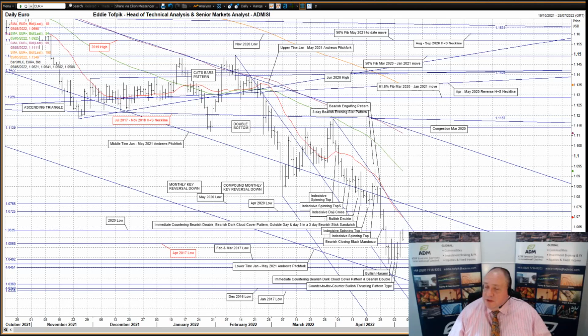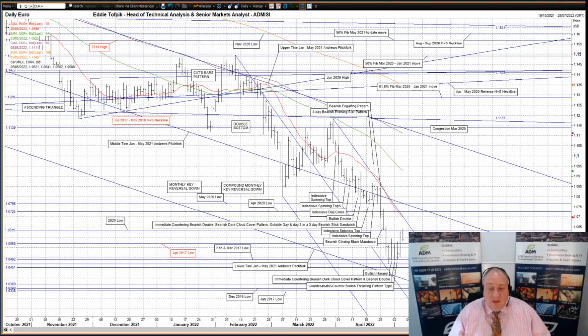I'll start with the euro against the dollar. A second bullish white soldier yesterday, and a more than suitable follow-on to the previous session's counter-to-the-counter bullish thrusting pattern type. The market continues to be rebuffed in any declines by the combination of the February and March lows from 2017 at 104.92, as well as, and perhaps more importantly, by the recent crossover last week of the previously highlighted